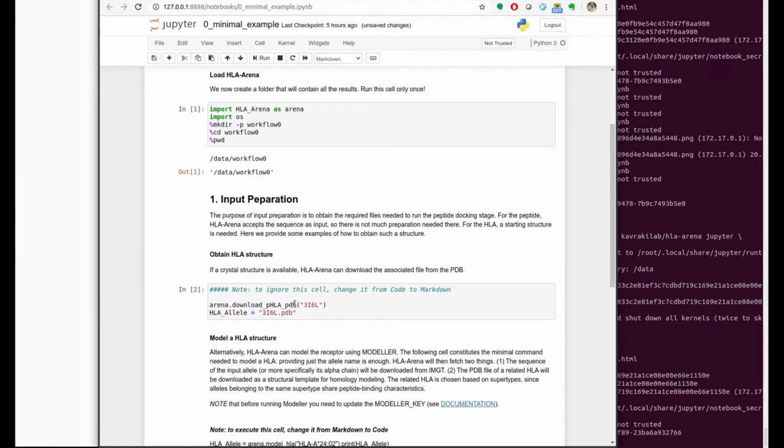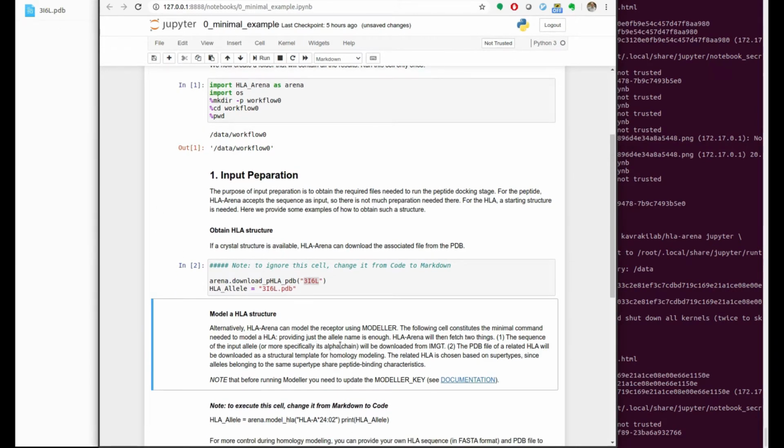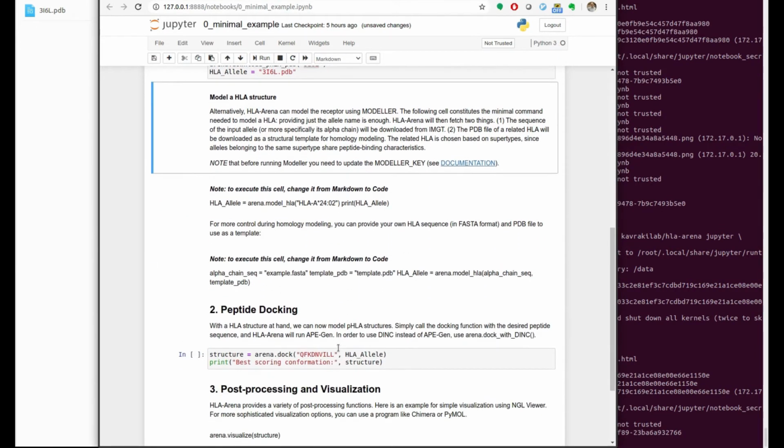In this example, we'll just obtain an experimentally determined structure for HLA-A2402, and this structure can be obtained directly from the Protein Data Bank by just typing the PDB ID here. And there is a function that will pull this structure and also do some basic processing with PDBFixer, so that it's ready for docking. You can see here the structure was downloaded, and now this HLA allele variable refers to that structure. There is some additional documentation that we'll come back to later, but I'll move on to the